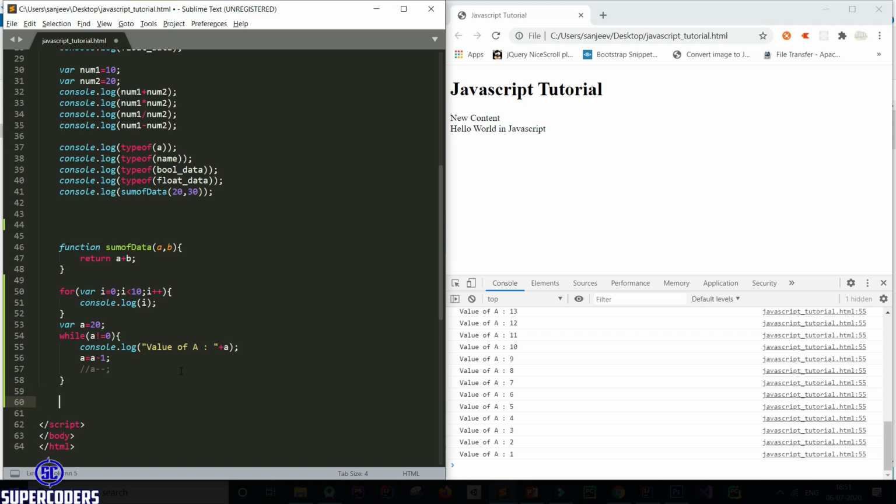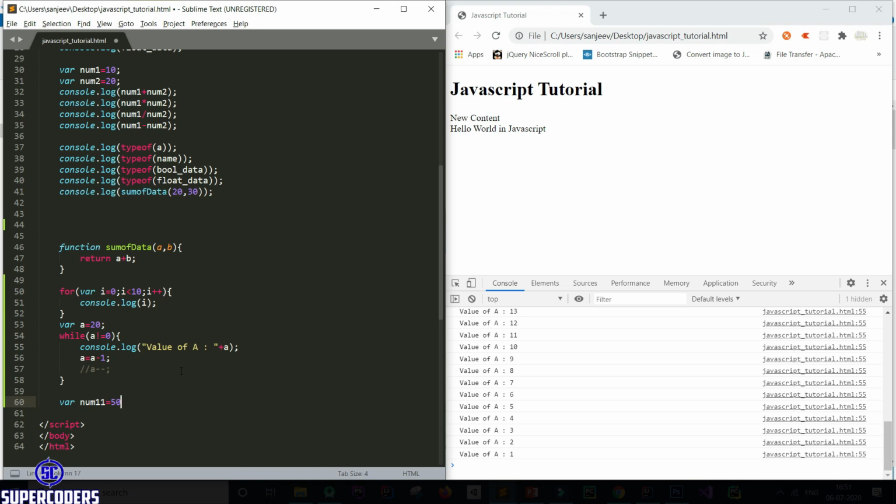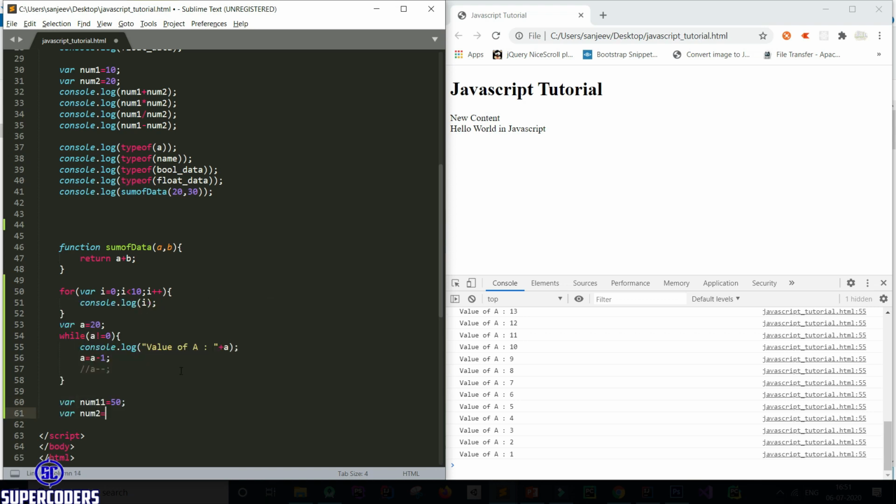Now let's see how you can create an if else example. So here declaring two variables where num1 equal to 50, where num2 equal to 60.